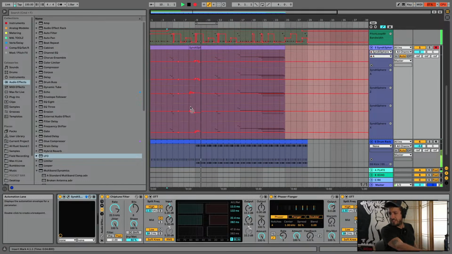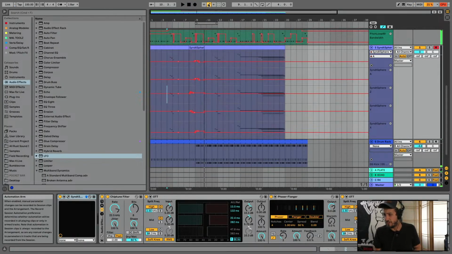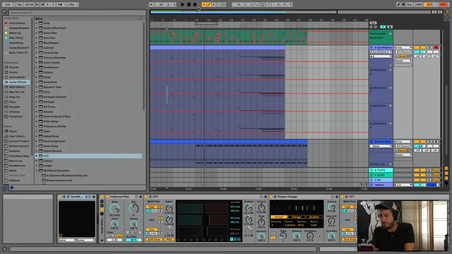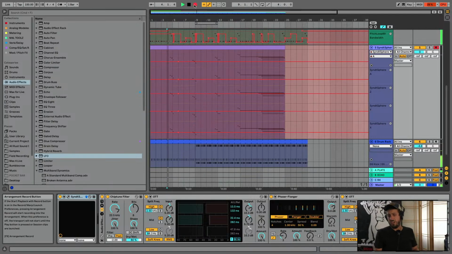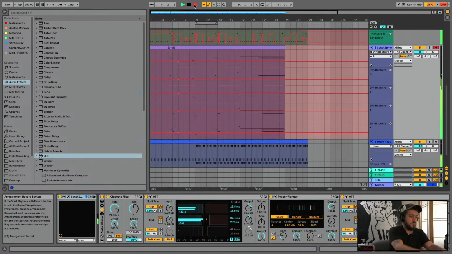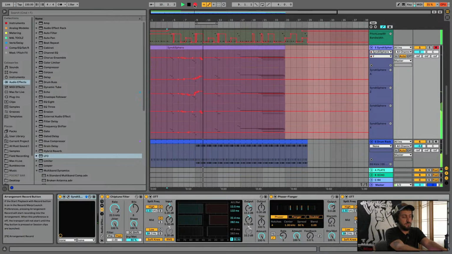So very slight changes. Oh, I gotta have overdub recording on. Very slight modifications of this will cause weird changes. That top one is wigging out.